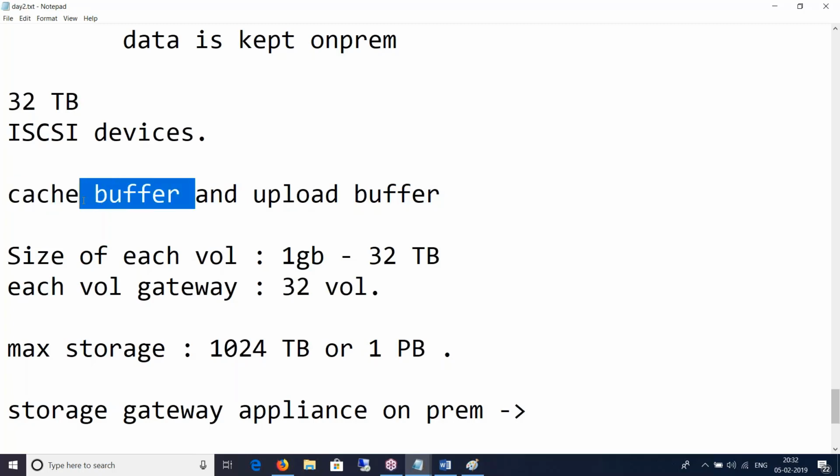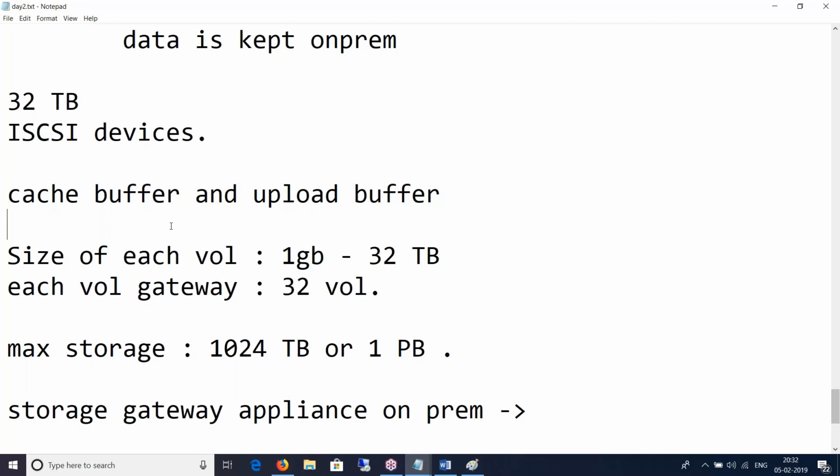It is called a cache and a buffer because what is frequent today or in 1 hour may not be frequent in the next hour or in a few days. So the content of these buffers is ephemeral or temporary in nature.